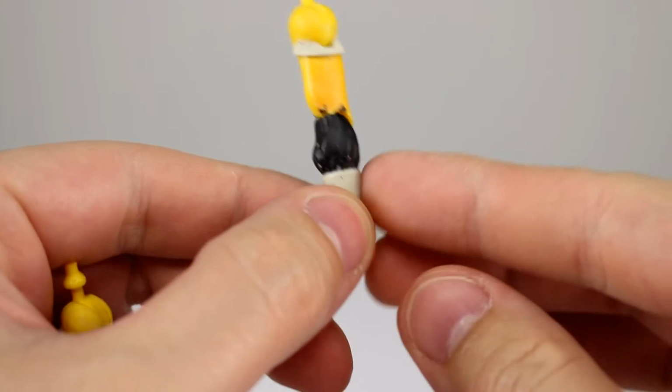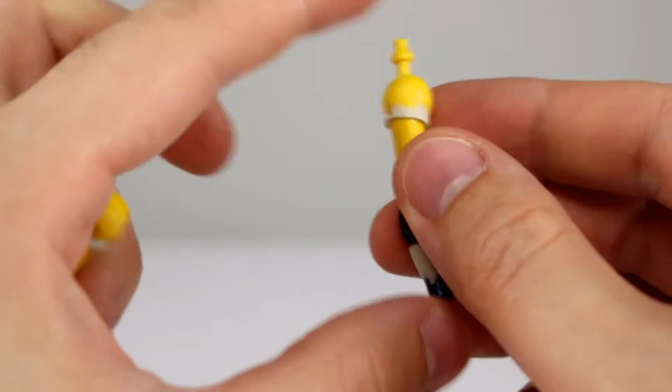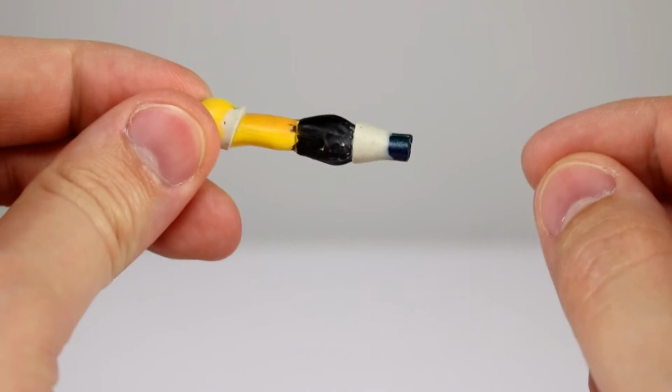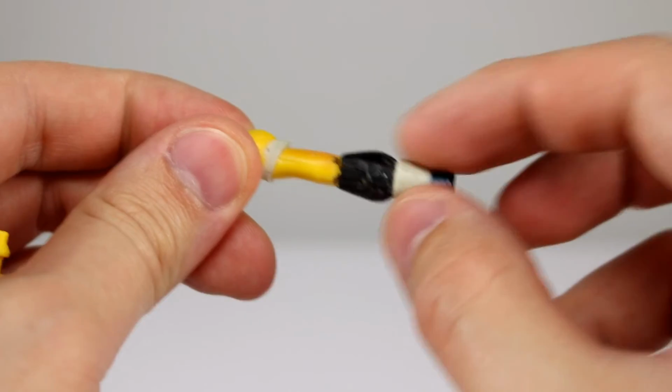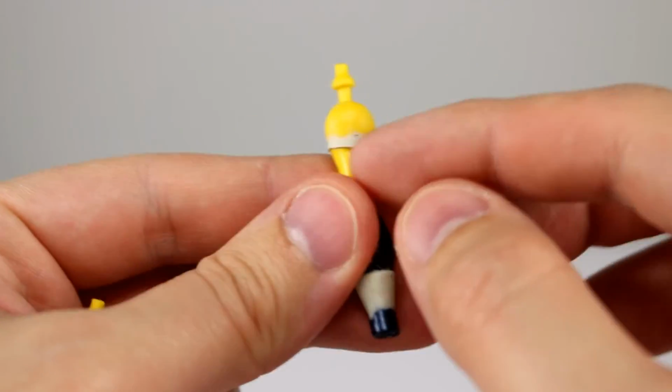Okay, so for the arms, it's going to be a little bit hard to see what I did here, but I sculpted some poofy wrinkles and stuff on the sleeve part, and then I started to sculpt the glove part up here, which is going to kind of come down flush to the wrist. So she's got gloves that her sleeves tuck into, and then up here, this is the other part of that